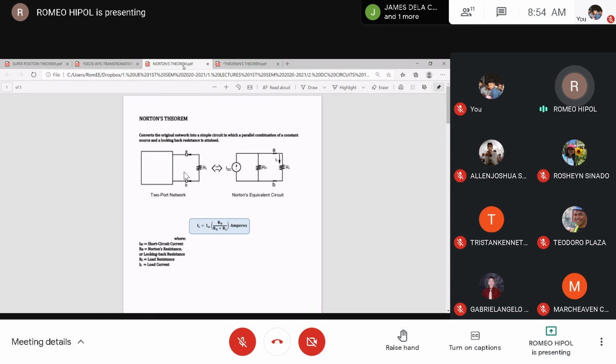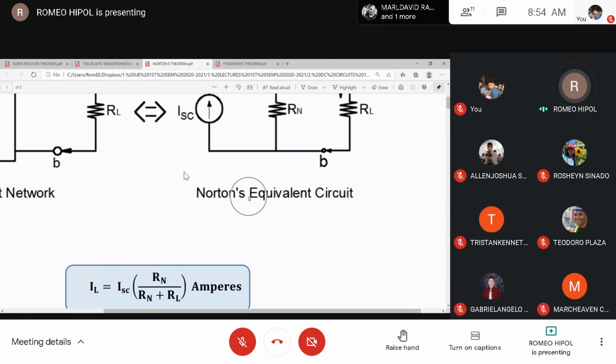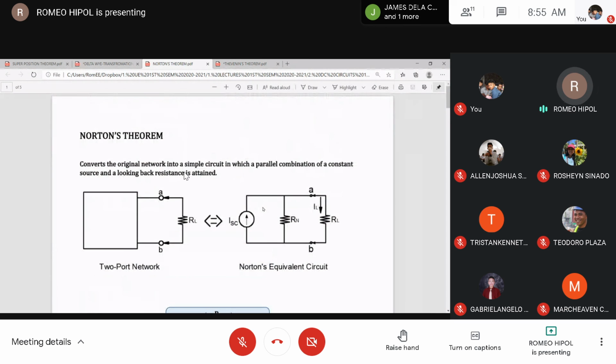Ihabol ko tong Norton's Theorem, kasi actually, same lang siya ng parameter na ginamit. Okay, in Norton's Theorem naman,